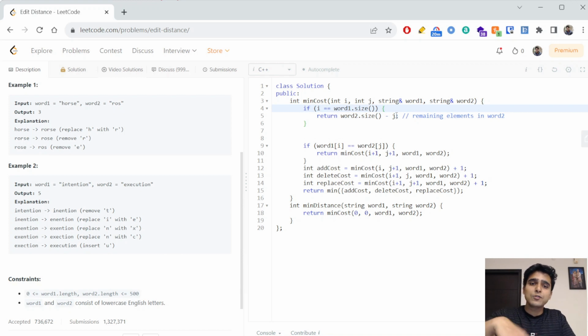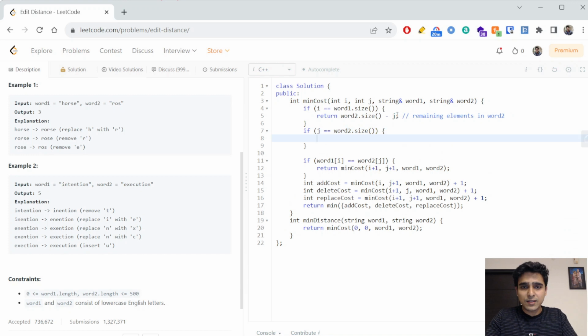We will add all of those elements in word 1. So the cost of doing that is this only. So that is why I'm directly returning it. There is one more case. What if j is equal to word 2 dot size? What if word 2 is empty? If word 2 is empty, we will return